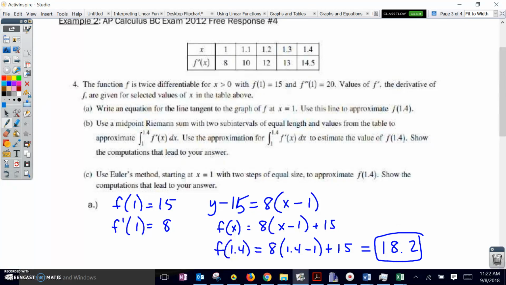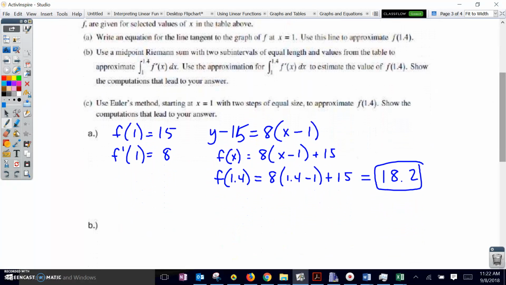Alright, next, part B, we're supposed to use a midpoint Riemann sum with two subintervals of equal length and values from the table to approximate the integral from 1 to 1.4 of f prime of x. Use this approximation to estimate the value of f of 1.4. Okay, so midpoint Riemann sum with two subintervals. So we're going to use the interval from 1 to 1.2 and the interval from 1.2 to 1.4, and we're using midpoint values for the heights. And so